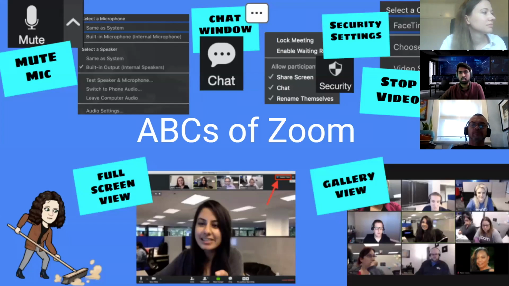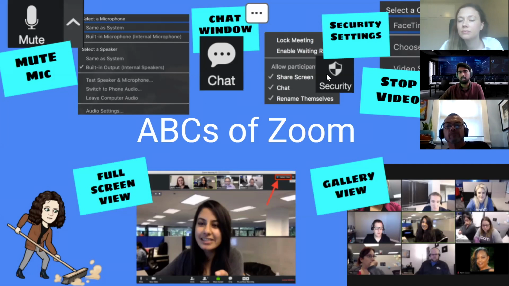So some of the basic options which we have in the floating panel is the microphone option. Whenever we click on a small caret symbol beside it, we get all these following options: to select a microphone, select a speaker, and then we can test the speaker and microphone. For example, if you have multiple headphones and earphones, you can test all of them out and see which works best, and you can use that. And then in the audio settings you can mute. There are different options to mute yourself on entry and stuff like that.